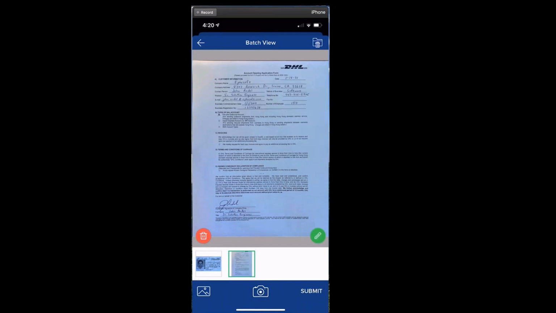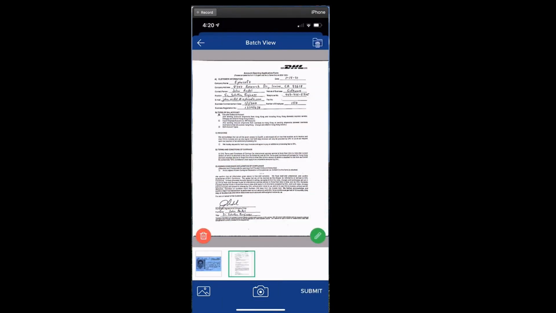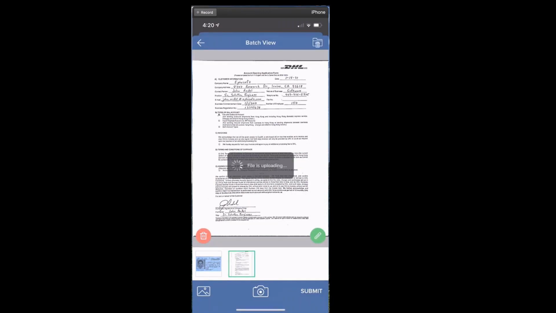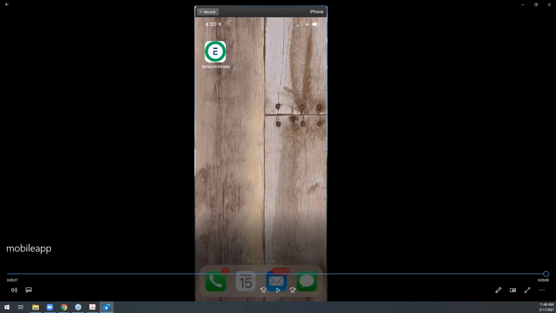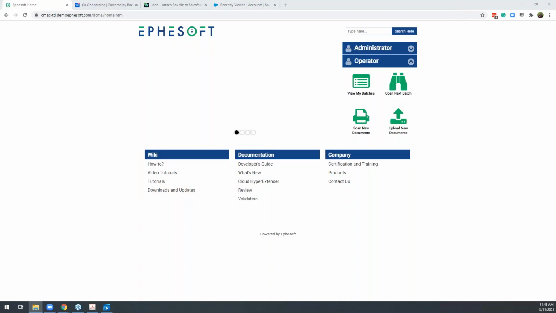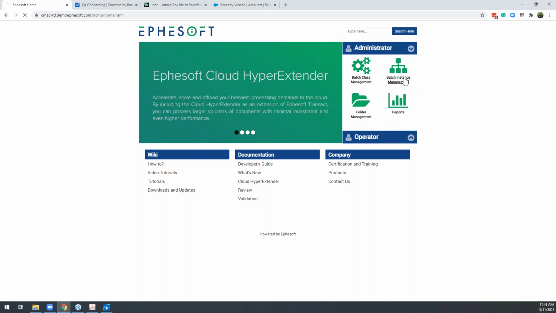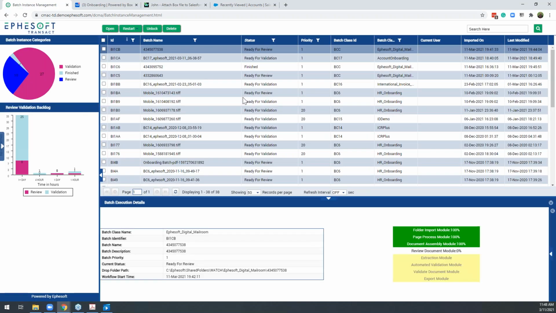So two different documents that we need to onboard inside here, and I can do some image rendering and cleaning up of the image, so it's a really nice, neat, clean image, and then upload that into Transact for further processing. We'll look at that, and I'm going to open up another batch so we can see after we've onboarded those documents.